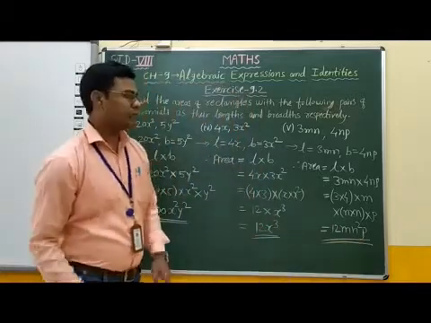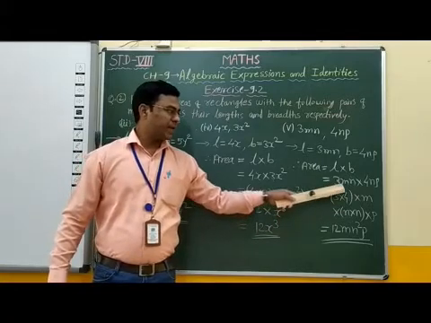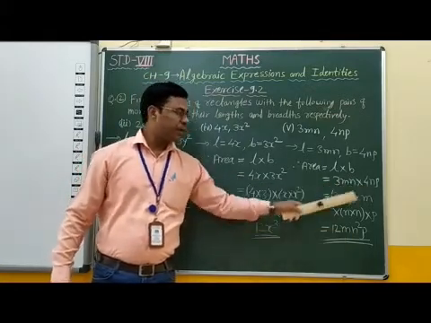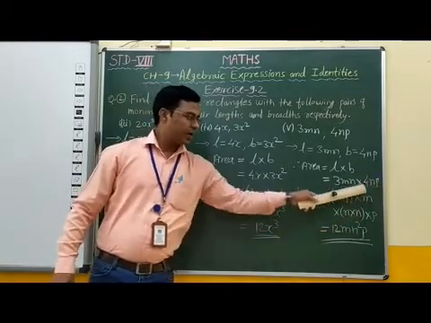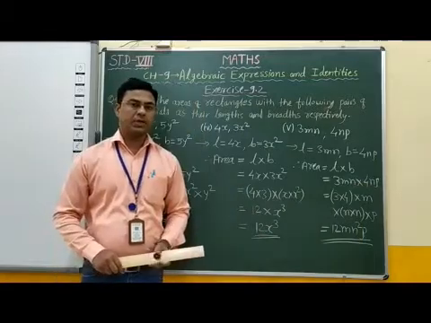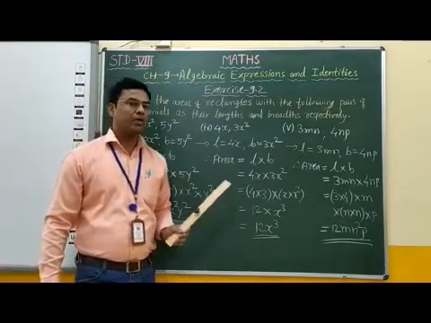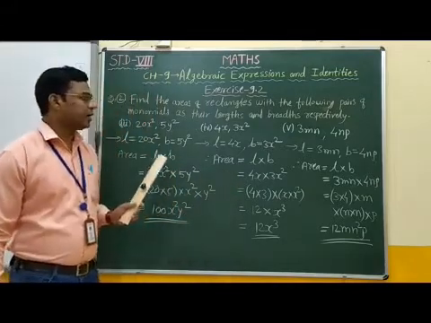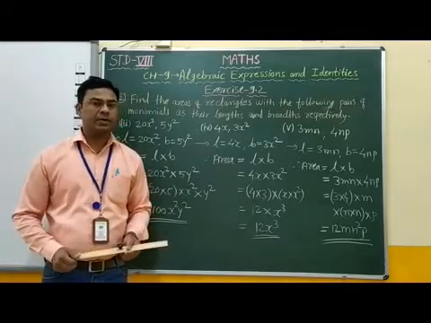Students, here we can write the answer directly also. Here multiplication of 3 into 4, 12, m one time, therefore m, n into n, n square, and p only one time, therefore p. Students, in this way we can find out the area of a rectangle where length and breadth of a rectangle are given in terms of monomials. Students, I hope it is clear to you. Thank you.